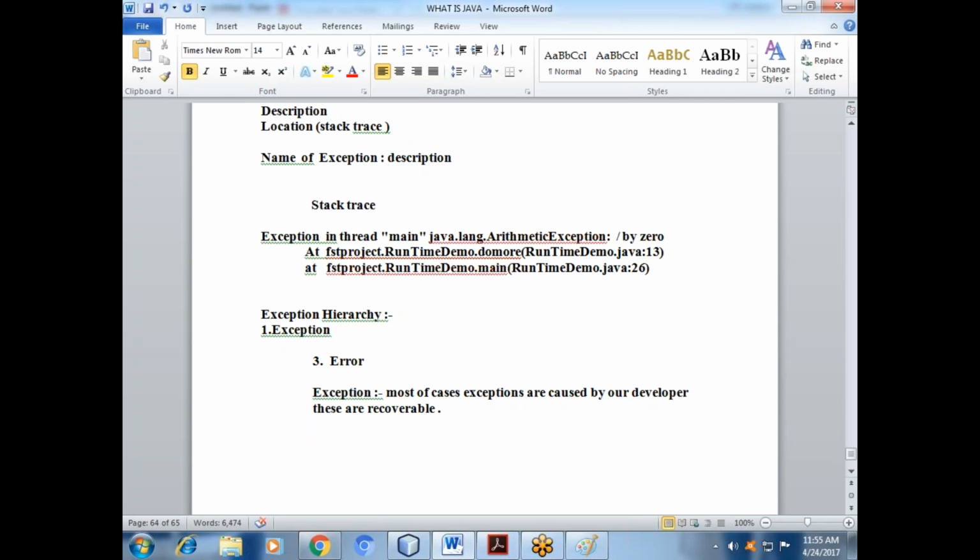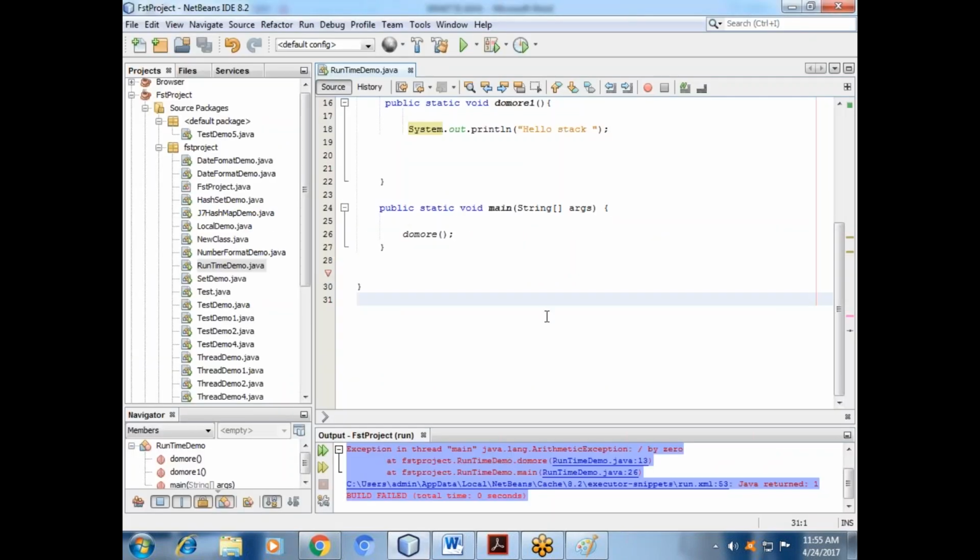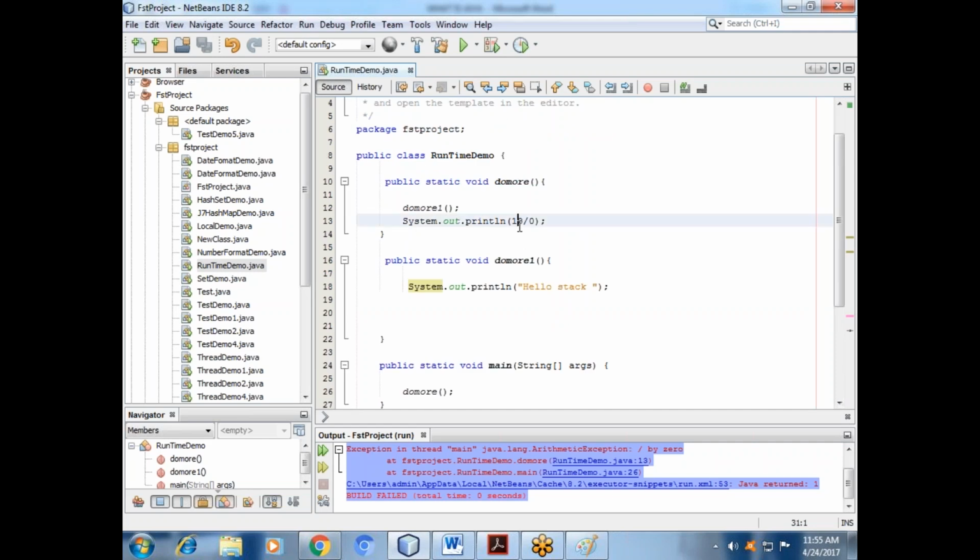Because we have already raised the arithmetic exception. If I raise the arithmetic exception, who will be responsible to resolve this? Who is responsible? We are or not? Because based on our choice, they are arising. Am I right? Are you getting it? We are the developer. We are responsible for raising the exception.